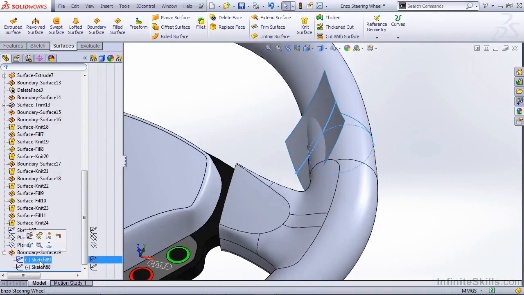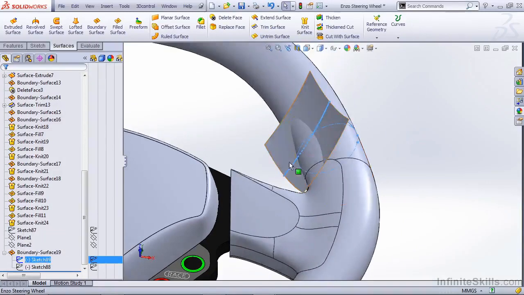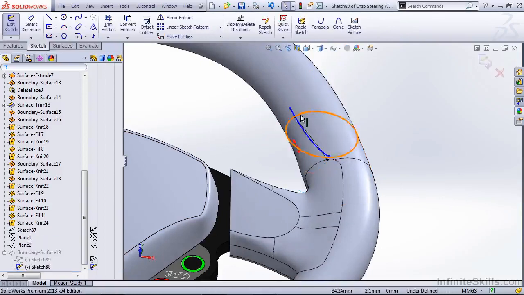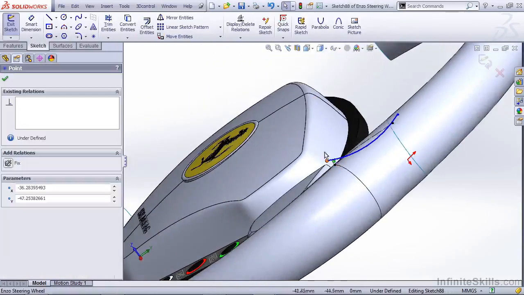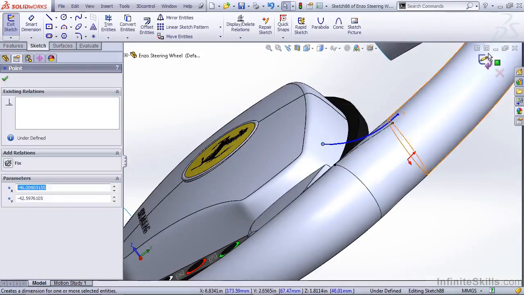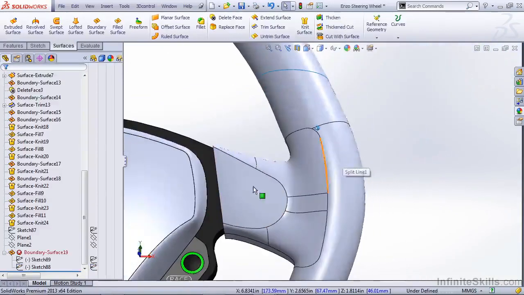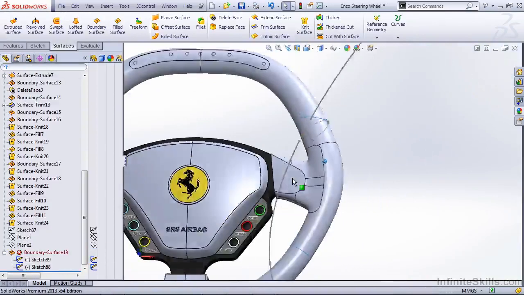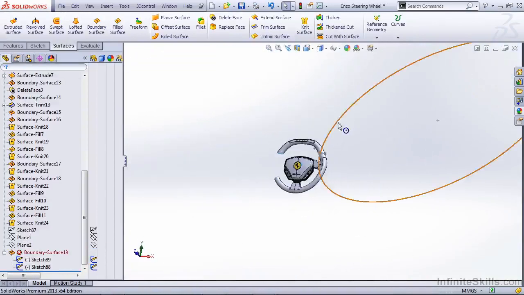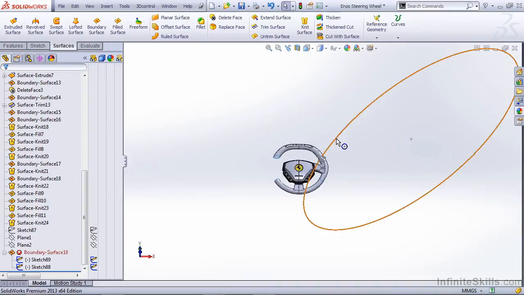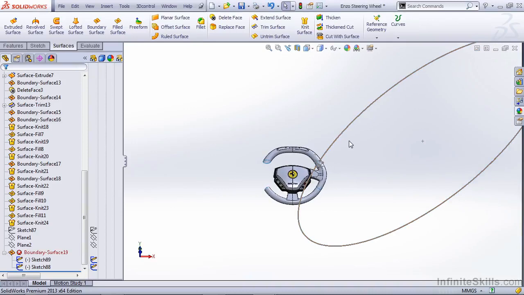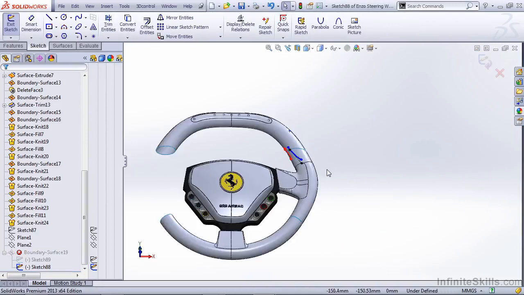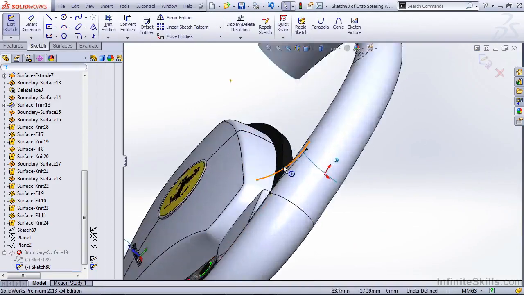So sketch, in this case 89, that geometry looks like it'll be okay. Sketch 88, it looks like we need to adjust. So I'm going to come in here and I'm going to drag the end of this handle and hit OK. You can see this produced an error. If we show both of our sketches, we can see why. Once I drag that arc, because it is undefined, it was able to actually flip-flop and produce an arc the other direction. So if we undo the modification and take a look at what we can do to help this,